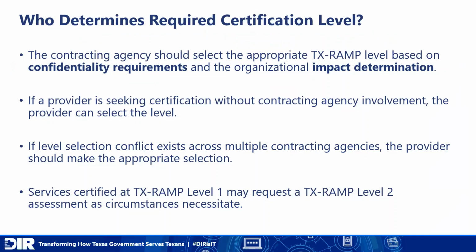Okay. So who actually determines the certification level? This one is a bit of a complex question, and the answer is, it depends. The contracting agency should ultimately select the appropriate TXRAMP level based on the confidentiality requirements. The contracting agency will know the sensitivity of data that are to be included in the cloud service, and they will also know what level on that impact scale the information system or cloud service falls into. So the contracting agency should work with the vendors to determine that they need a level 2